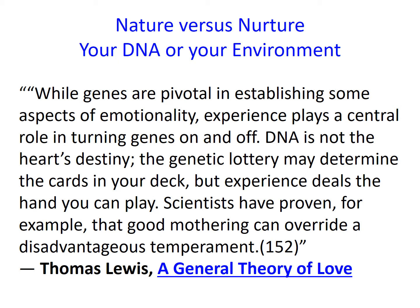While genes are pivotal in establishing some aspects of emotionality, experience plays a central role in turning genes on and off. DNA is not the heart's destiny. The genetic lottery may determine the cards in your deck, but experience deals the hand you can play. Scientists have proven, for example, that good mothering can override a disadvantageous temperament. So all of this is saying that you have the DNA, but whether or not that's expressed may be more